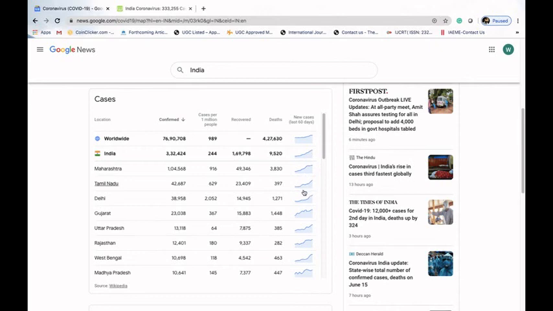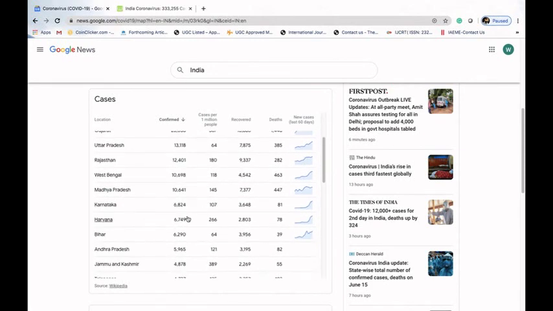Further, we can also check the data. From this graph we can see the total number of cases in Maharashtra is increasing, but the increase is now moving toward saturation. In Tamil Nadu, the total number of cases is increasing. In Delhi, the cases reached saturation but have now started increasing again. Gujarat reached saturation. Uttar Pradesh and Rajasthan are increasing. In West Bengal, in the coming days this data will reach saturation. In Madhya Pradesh, the data was reducing, but has now started increasing again.